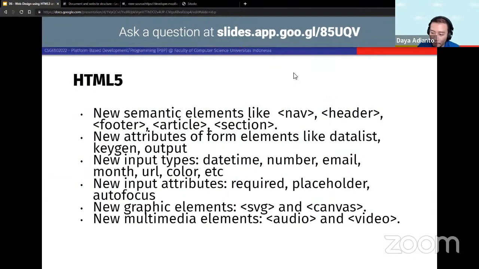Okay, I already explained this before. So we have more readable and semantically coherent elements like navigation, header, footer, and so on. And for the input types, we can also make the input more specific. For example, we can designate an input to accept a time value,